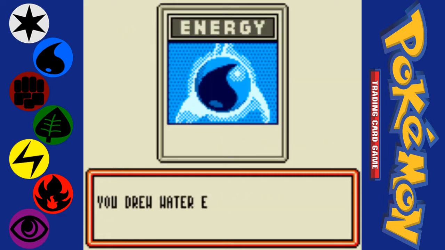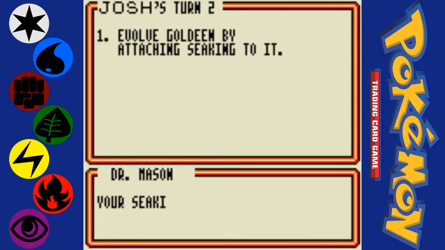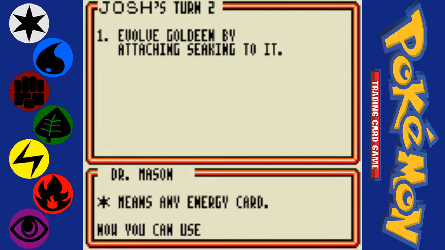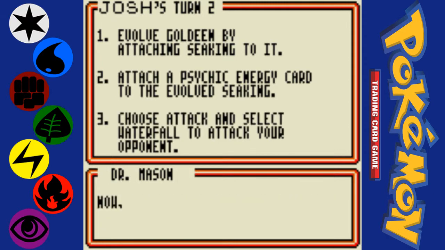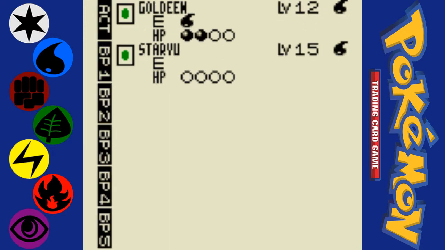And now we're going to be told what to do this turn. So, basically, as he says, you can evolve a Pokemon if you have the proper evolution card. In this case, Goldeen evolves into Seaking. So I can do that. You can evolve as many Pokemon as you want in a turn, but you can only